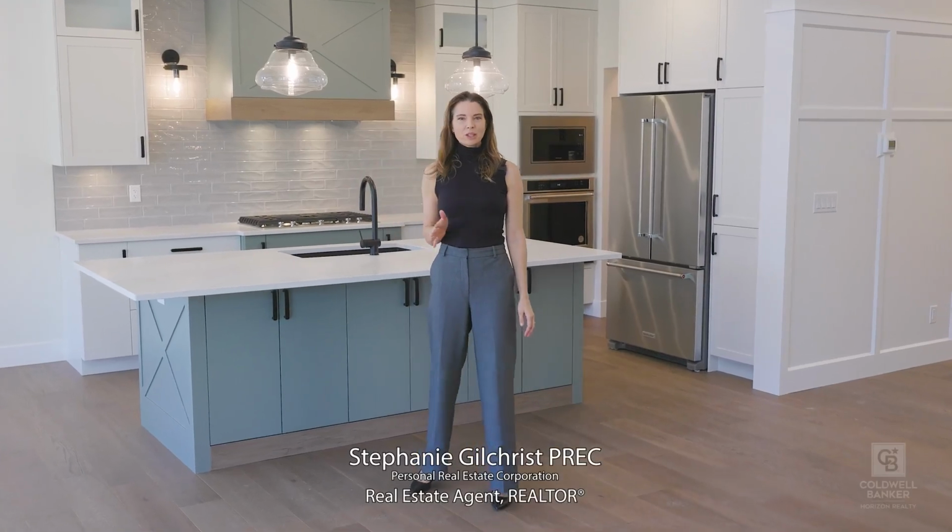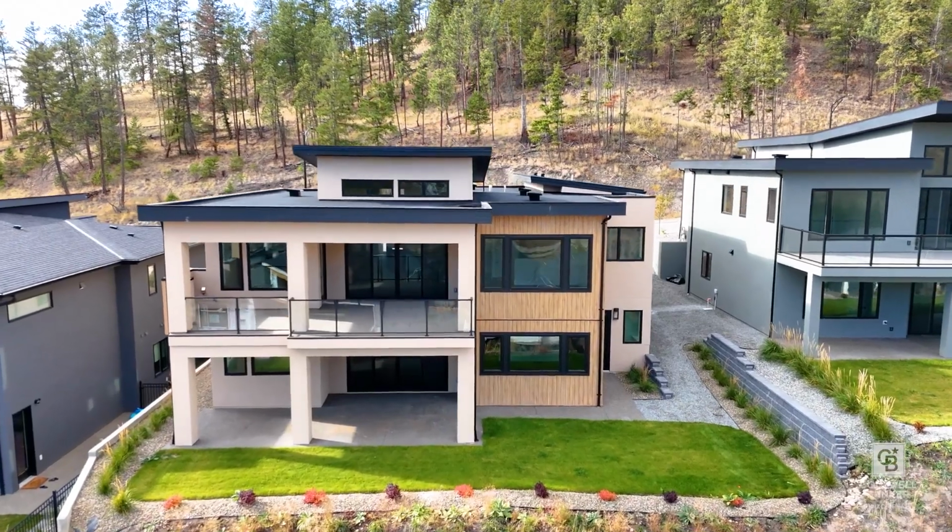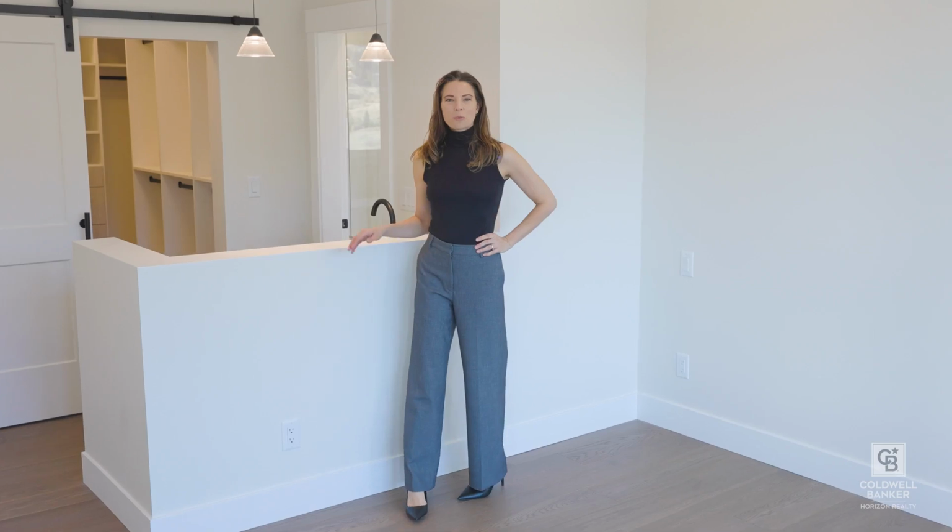This brand new custom home has the flexibility to meet all of your needs. It's built by Douglas Lake Custom Homes, who epitomize high quality construction. Let's take a look. The primary is on the main floor, and it's unique because it has a smoothie bar,